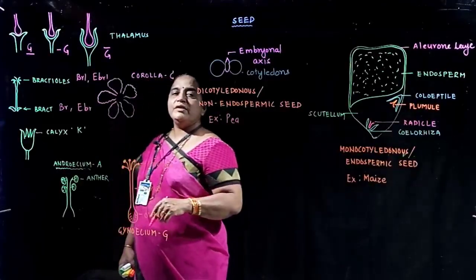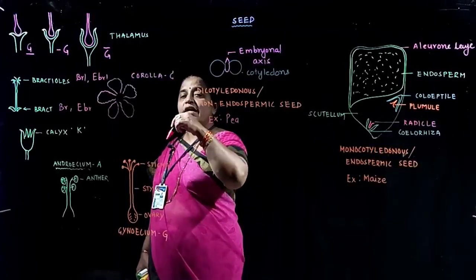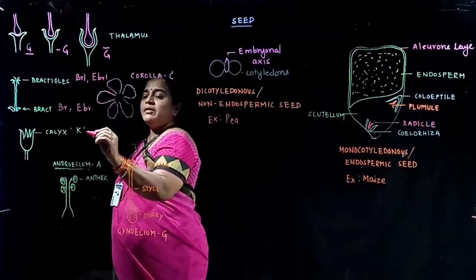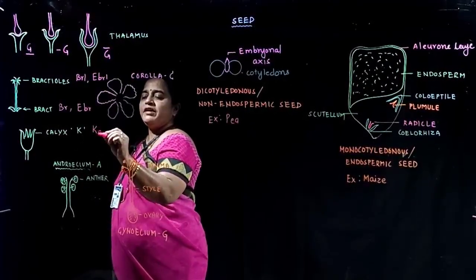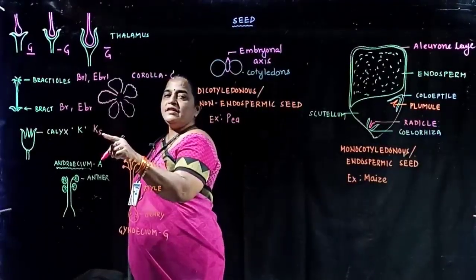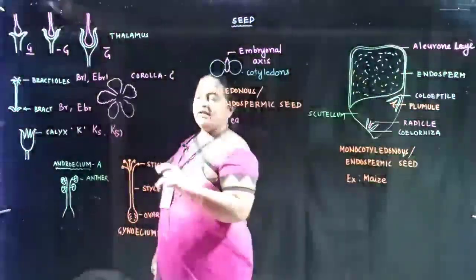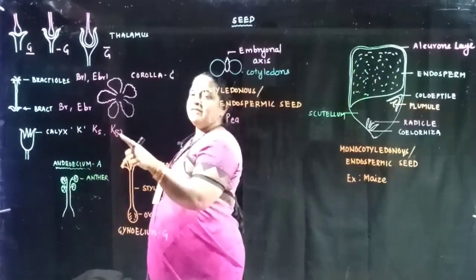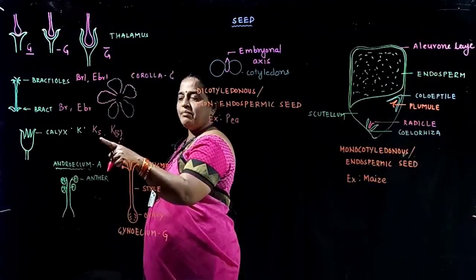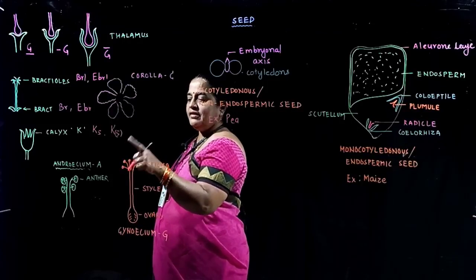The outermost whorl of a flower is made up of sepals. So this forms a calyx. Calyx is represented as K. Now, if the members of sepals are 5 and they are free, it is written as K subscript 5. This condition is polysepalous. If the sepals are united, we need to put a bracket. So this condition is gamosepalous. Calyx having 5 sepals, they are free, so no bracket: polysepalous. Calyx with 5 sepals, they are united, so the condition is gamosepalous.